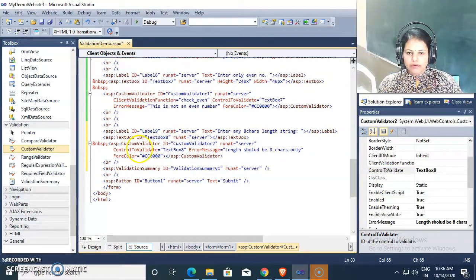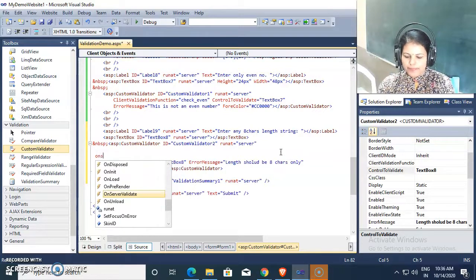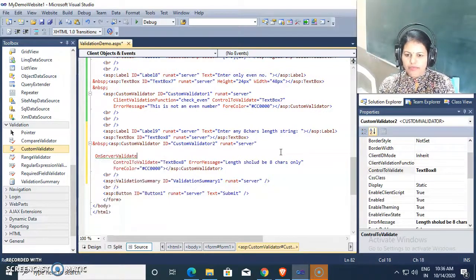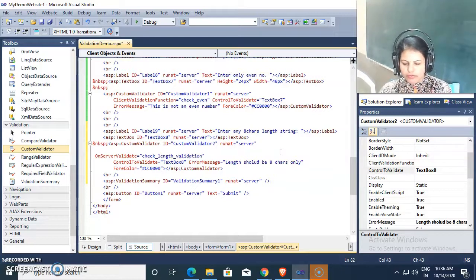This is our custom validator, and I'm giving one property, OnServerValidate. For OnServerValidate, I'm giving a function name here: CheckLengthValidation. CheckLengthValidation is my validation function name.